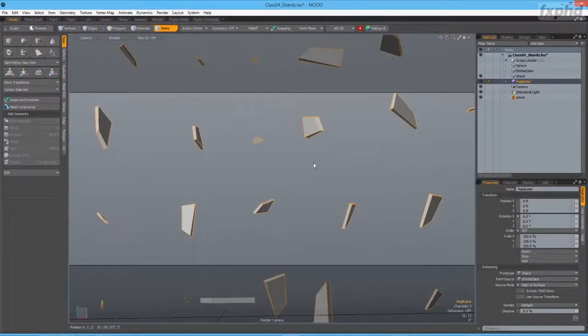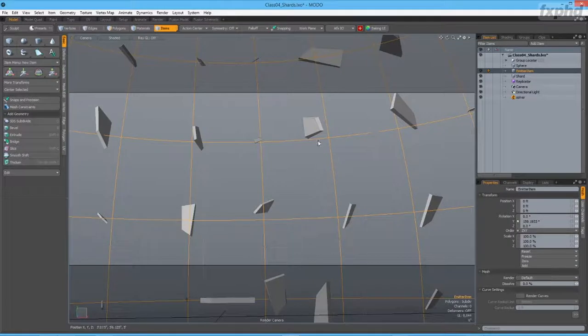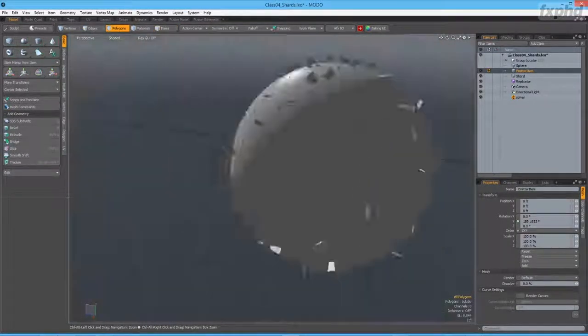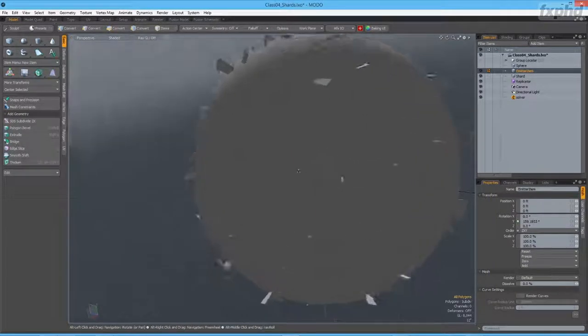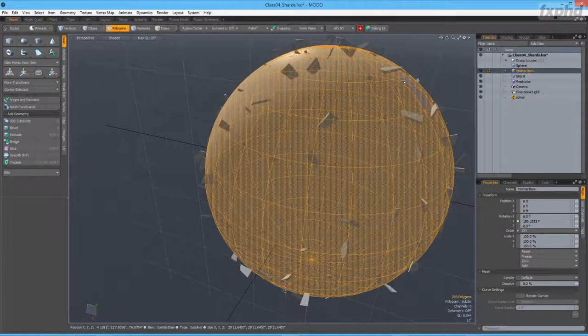And one of the ways that we could play around with this is we could attach this replicator to any emitter item we wanted. So we could attach it to a cube, a triangle, anything really. And the other thing that we can do, so with this selected, I'm going to come to perspective and just zoom out so we can see all the shards on the surface here. I could simply select this and hit Shift D,